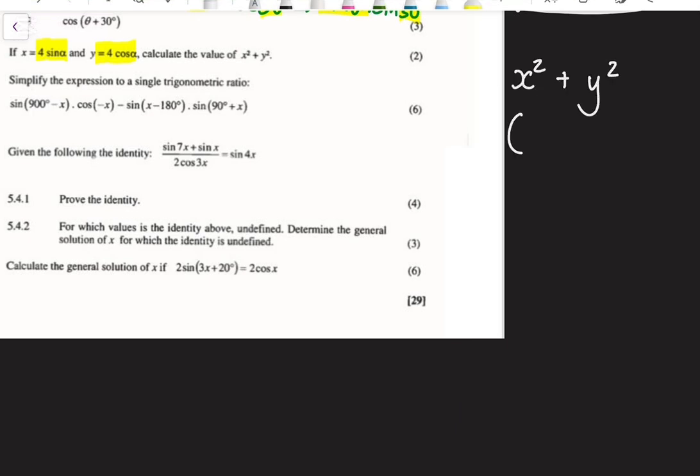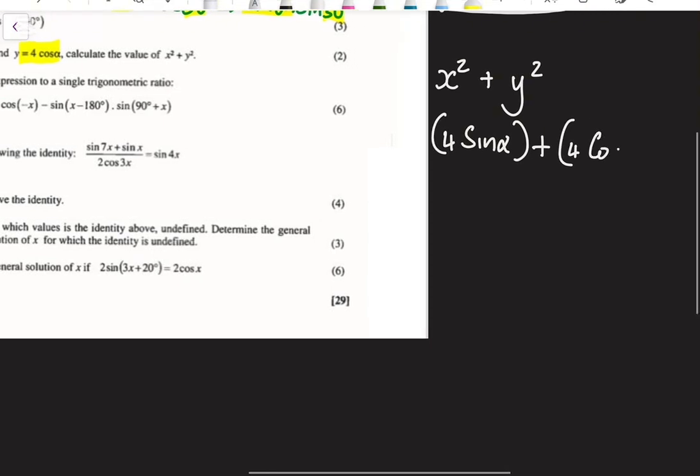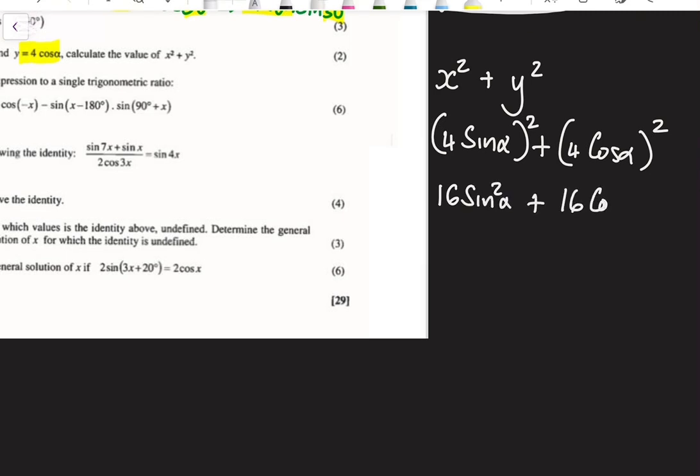But we are given our x as 4 sine alpha, plus we are given our y as 4 cos alpha. Now, there is squared, even here there is squared. Now, square all this, we are going to have 16 sine squared alpha plus 16 cos squared alpha, and then take out the common factor, which is 16, and then we are going to remain with sine squared alpha plus cos squared